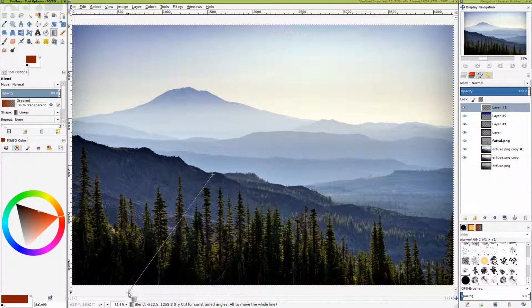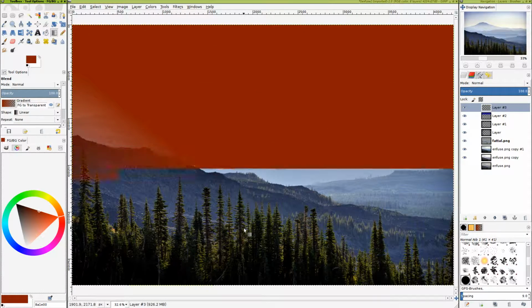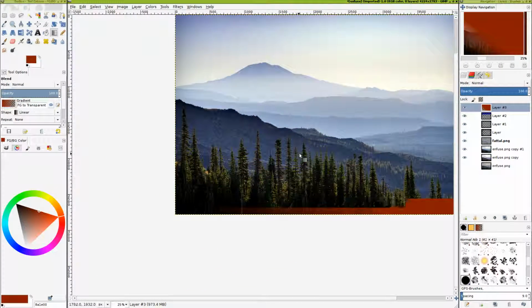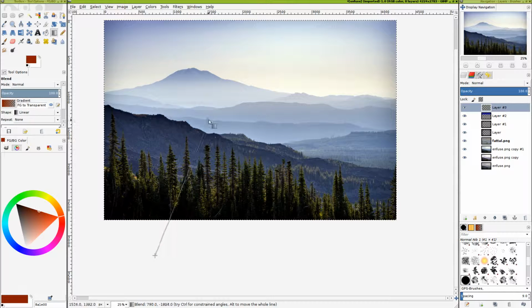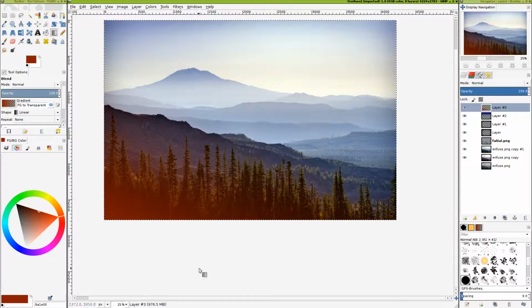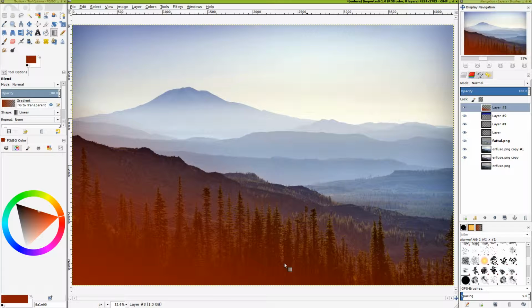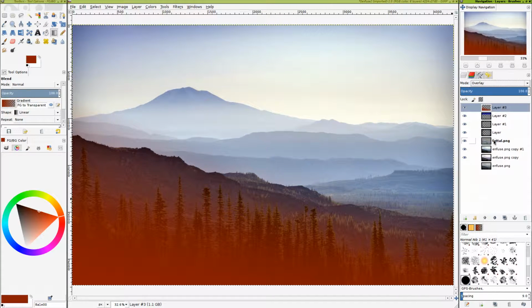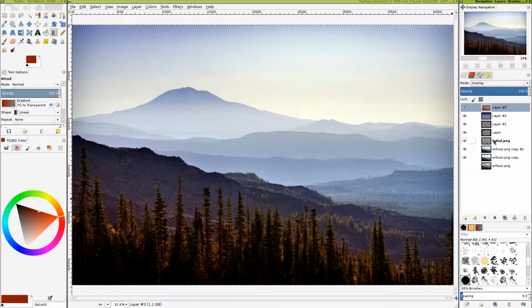Here, over this direction. Wrong way. This way. Yeah. Let's try more than that. And maybe a little bit down here. So while that doesn't look good, as you can guess, if we switch it to overlay mode, magically it looks not quite perfect. But if we decrease the opacity,